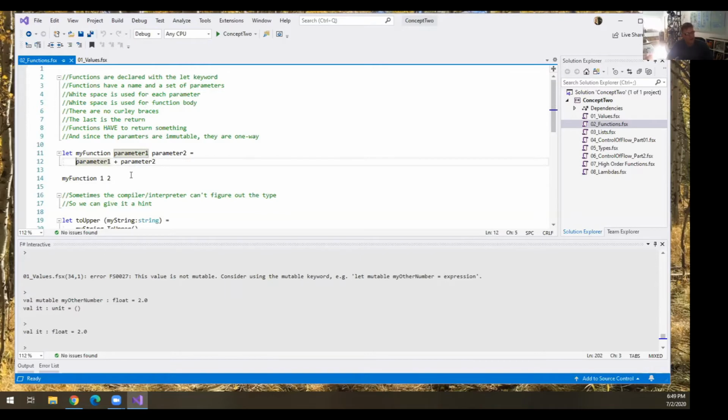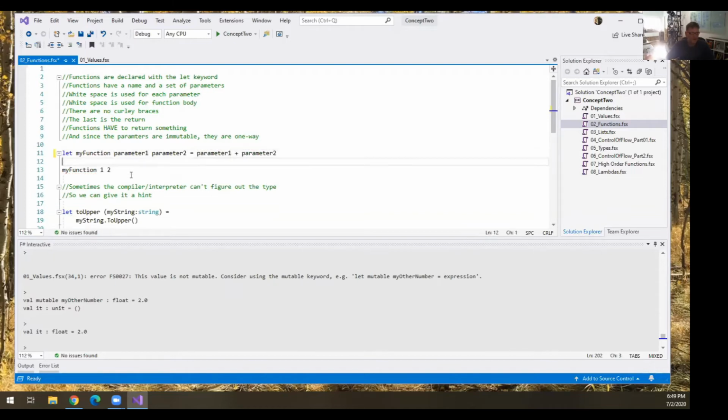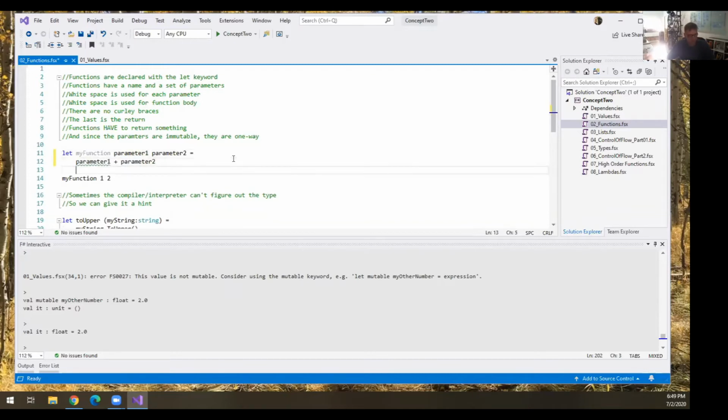Notice that there is white space here. If I go like this, I'm going to backspace 4 characters. Don't judge me on tabs versus spaces. You'll see that it doesn't compile anymore. However, if I do this and make it a single line function, it's happy. So when you go to the second line, you don't need your curly braces or anything. Tab or space it in, and you're good to go. Very much, or exactly, like Python, if you've been doing some Python programming.